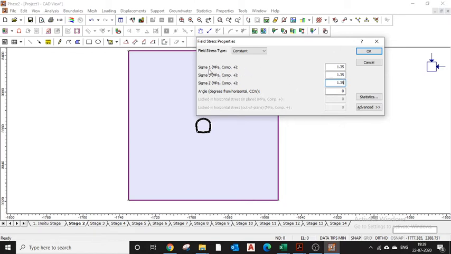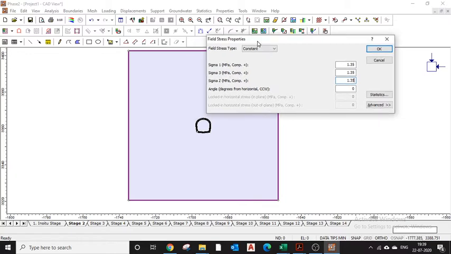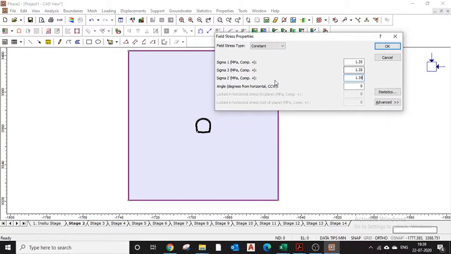If you are having a K naught value which is greater than 1, then you will multiply it by sigma 3, which is this direction, and also on the sigma z, which is out of plane direction. So this and this thing will get changed if your K is other than 1.